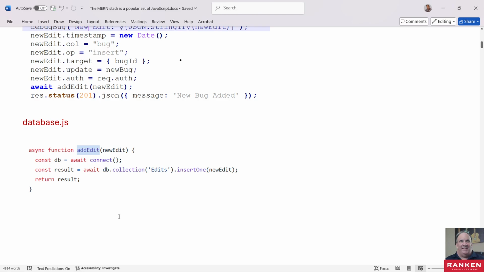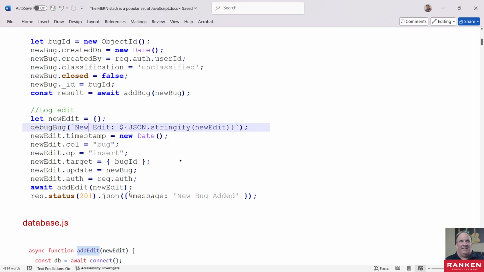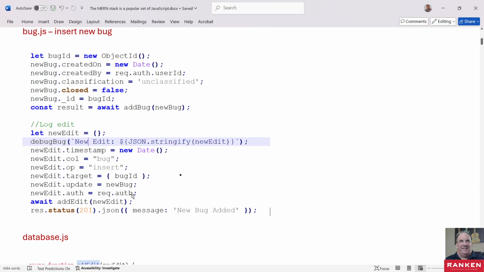So that's about it there. I don't think that should be too bad for you. Learning a little bit about the request.auth as you get in there and we play around a little bit, you'll understand more about that. But as far as creating the new edit collection, any different than anything else you did,